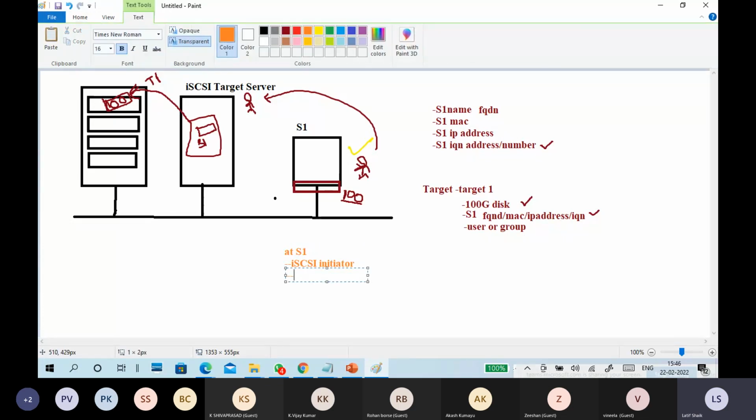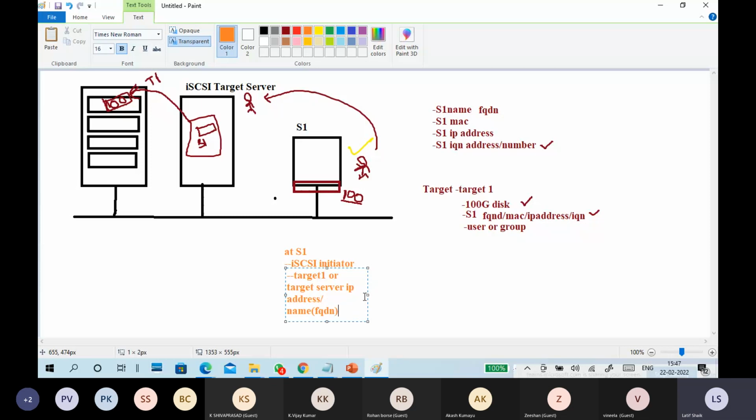And then in that one, we give our target name. Our target name is target1. Or we can give the target server name, target server IP address or a name. Name means FQDN.